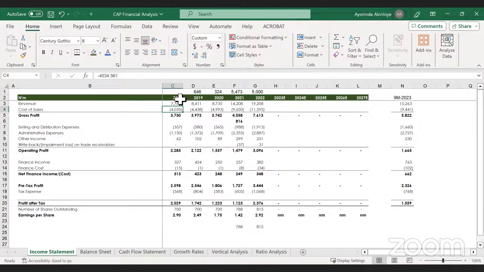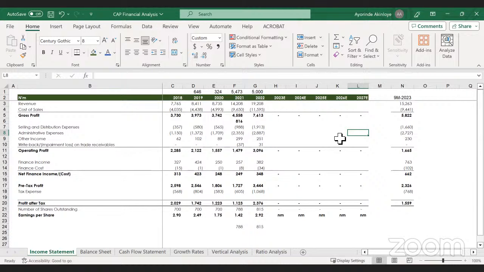These are historical financials of CAP. The first thing, whenever you want to build a three-statement financial model, is to enter the historical numbers. People will tell you they recommend 5-year historicals. That's fine, but I always advise as many years as you can get. If you can get the financials of the company from the day they listed on the stock exchange, even before they listed, get as many as you can